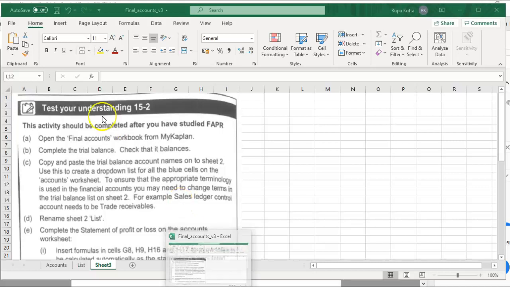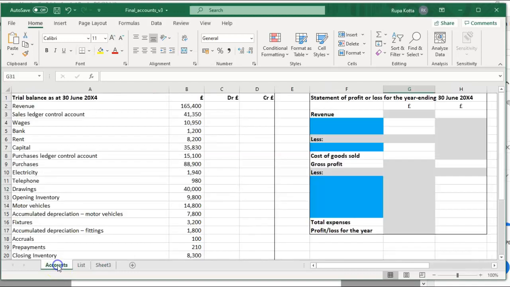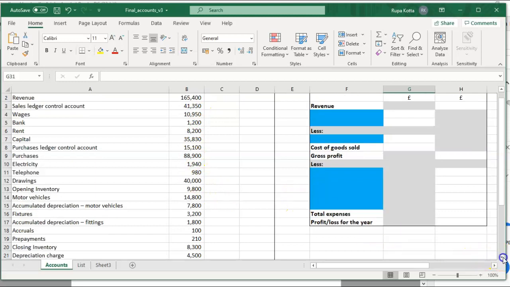So to do this task, we need to open the final accounts workbook, which is the file I have opened here. Complete the trial balance and check that it balances. So first they want us to complete the trial balance and check that it balances. I go to my accounts tab and I have a trial balance over here. So I need to put the trial balance into the debit and credit columns